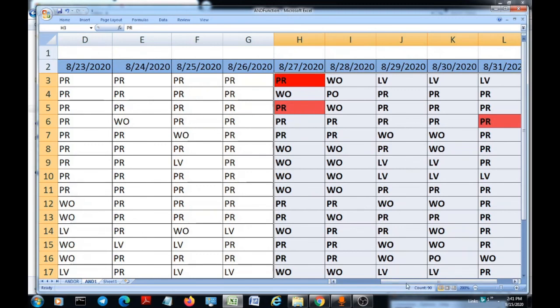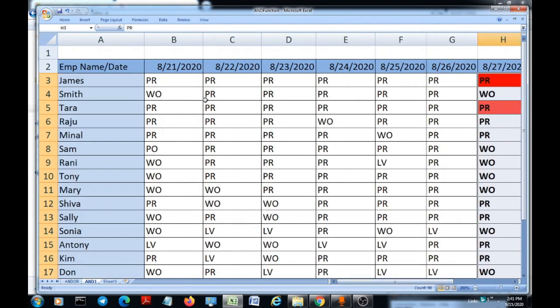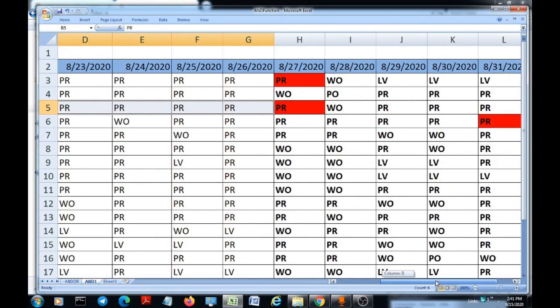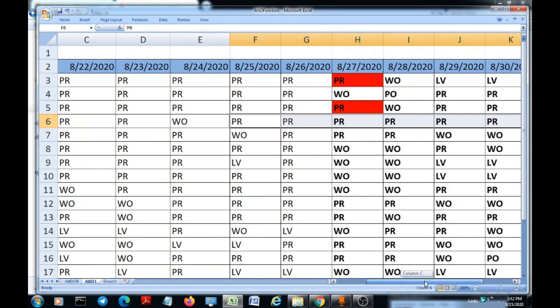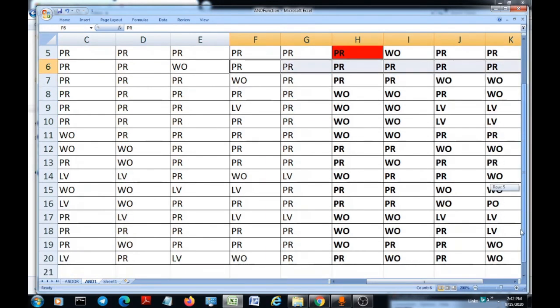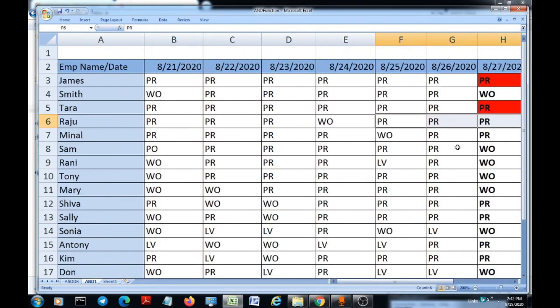So here now there are some cells which are highlighted in red, you can see here. This one, again same as the first column, all cells are PR, so that's the reason it is highlighted in red. Here you can see after the seventh day, after 6 days of present, another seventh day cell is PR, so that's the reason it is highlighted in red. Friends, I believe this explains the basics of using the AND function effectively for a practical scenario,